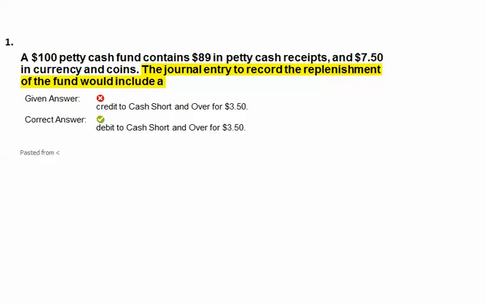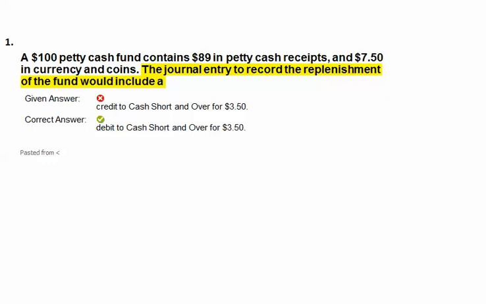When we replenish the petty cash, we will write a check for the amount of the receipts, and we will distribute those to the accounts associated with it, office supplies, say, and those types of things, to the expense accounts, and credit cash for the amount of that check. It's going to be equal to the receipts. So then we cash the check, put that money back in the petty cash box, and the total amount of cash now should be $100. Okay? So at any point in time, it's always going to be equal to $100. That account doesn't change. That account will always stay $100. It's going to be a combination of either cash or cash and receipts, but it's going to equal $100 unless